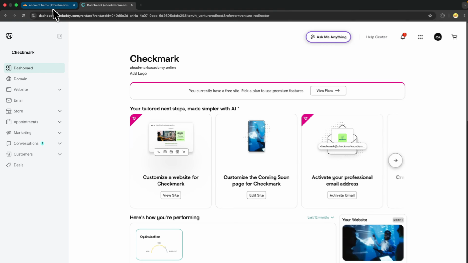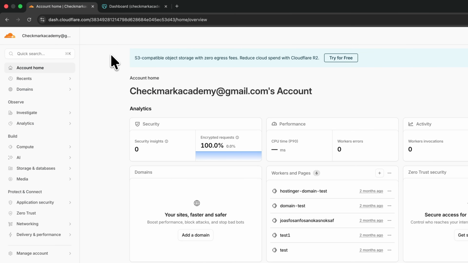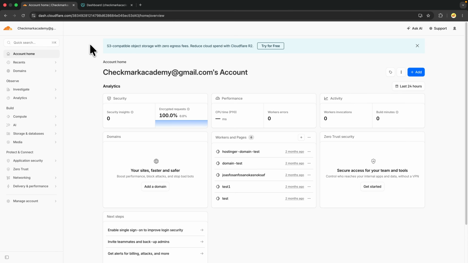How to add domain to Cloudflare. If you want faster DNS, better security, and easier domain management, adding your domain to Cloudflare is one of the best upgrades you can make. And in this video, I will show you how you can add domain to Cloudflare, update your name servers, and let's get to it. So the first step, you want to go to dash.cloudflare.com and you want to make sure